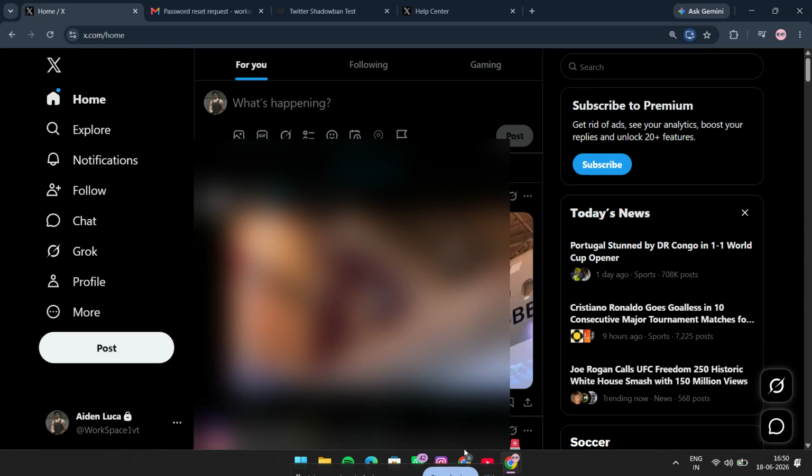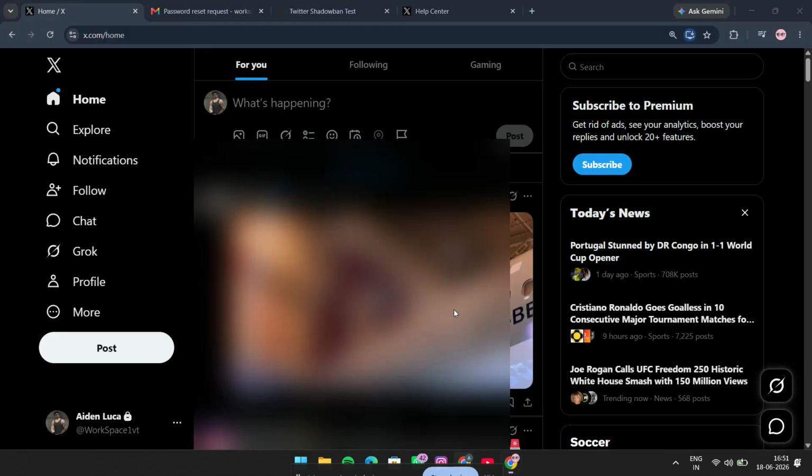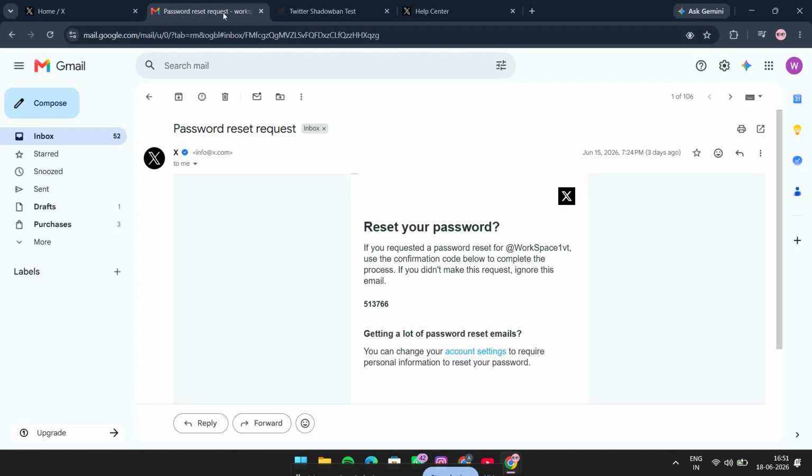Tap or click Forgot Password, then enter the email address or phone number that is linked to your X account. Make sure you use the email or phone number you normally signed up with because this is what X will use to find your account details. After you enter your information, continue to the next step and wait for the recovery message. X will send a message to your email inbox with account recovery details, and in many cases, that message will include your exact username. So now, open your email app or email inbox and check for the message from X